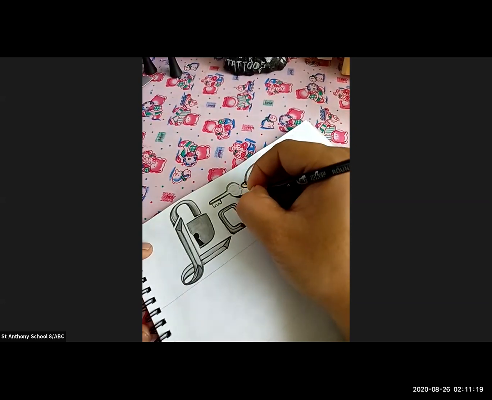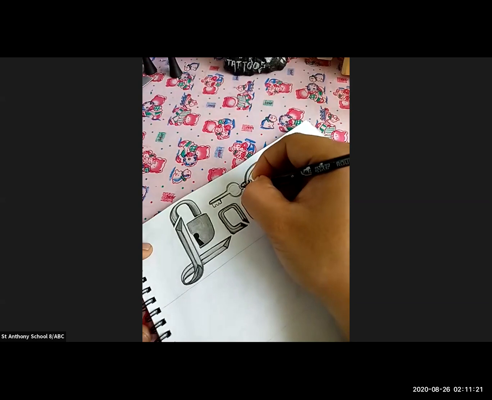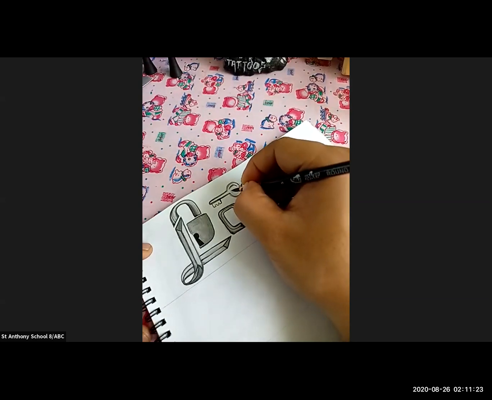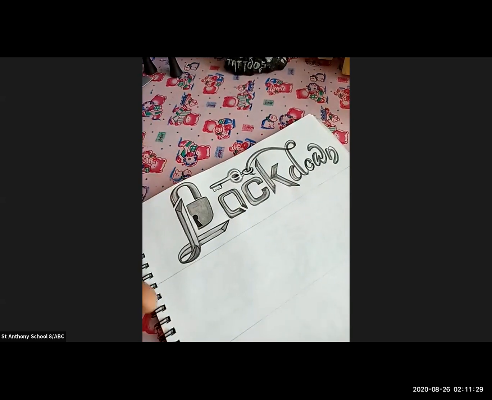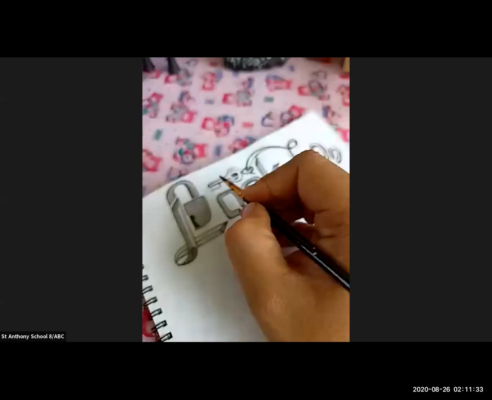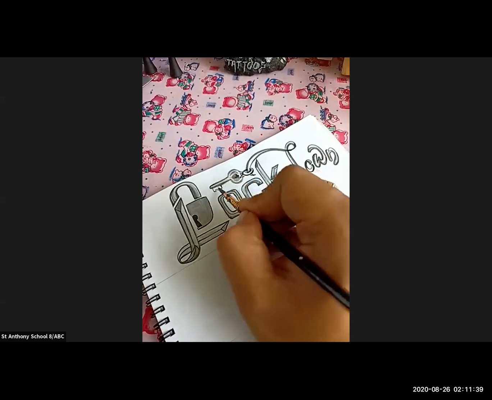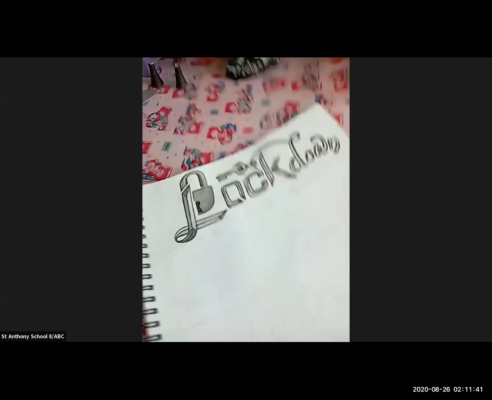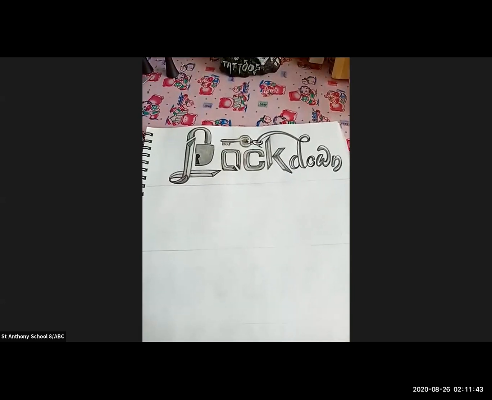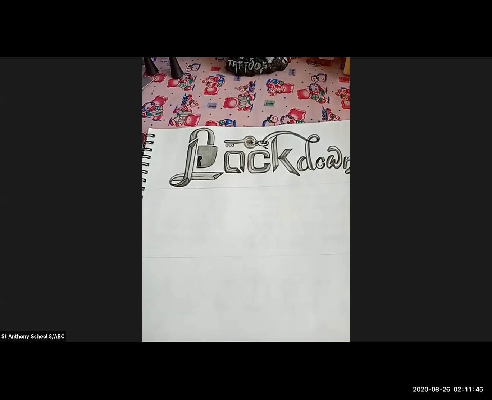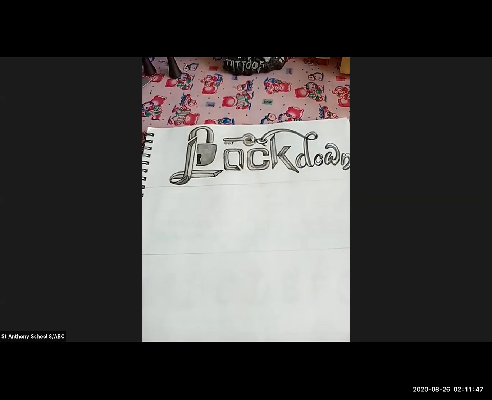What you're going to do in your one page, you have to write the basic strokes. You have to show the basic strokes in the one page, and on another page you have to write the alphabet. Okay, and the third page will be your lockdown. You have to write this letter with your own ideas. Am I clear to each and everyone?